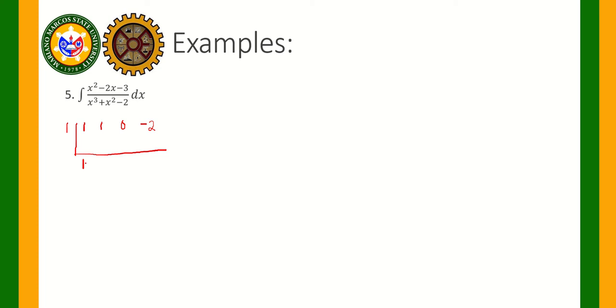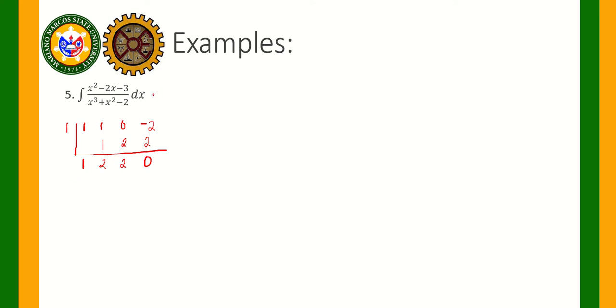So, this will be bring down 1. 1 times 1 is 1. 1 plus 1, that will be equal to 2. Okay, this 2. 1 times 2 is 2, and then 0 plus 2 is equal to 2. 1 times 2 is 2, and then negative 2 plus 2 is equal to 0. Since nag-0 to, ibig sabihin, factor ng q of x natin si x minus 1, and the remaining is this